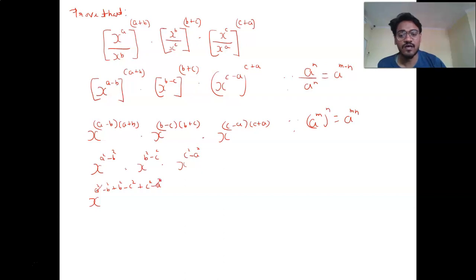a square cancels, plus minus cancel. c square minus c square cancels. b square minus b square cancels. So what is the remaining? The remaining one is x to the power 0, and I know x to the power 0 is going to be what? 1. So hence the result is